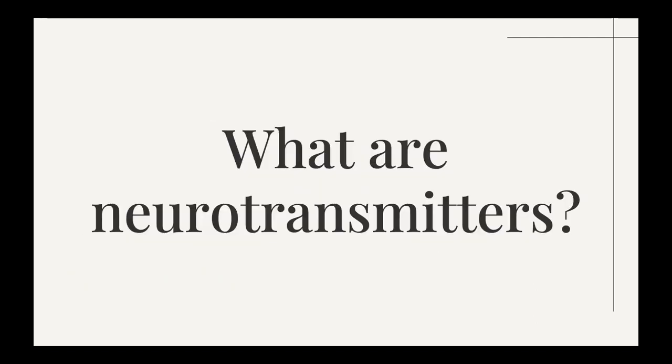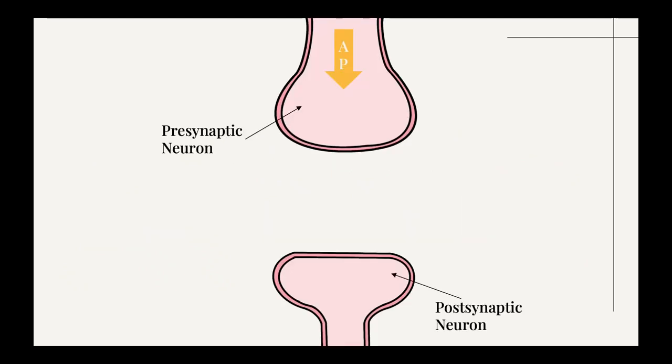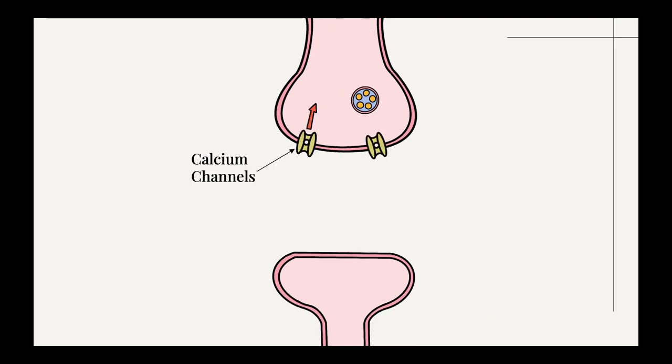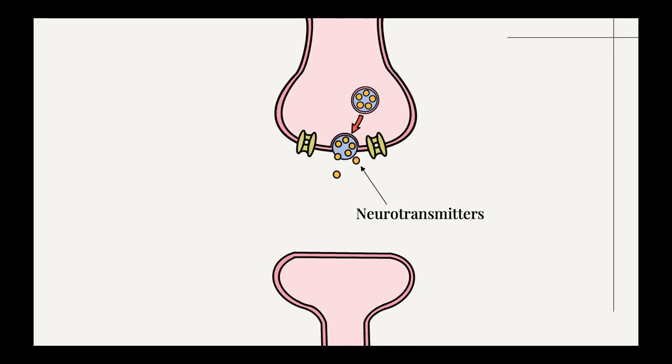So what exactly are neurotransmitters? Well, they are chemical messengers of the brain. Their job is to pass on messages from one neuron to the next. To release the neurotransmitters, an action potential will move down the axon and into the neuron terminal. The action potential will make the terminal more positive because sodium ions are flowing in. The positive change in the terminal allows calcium channels to open and let calcium ions flow in. This signals the vesicles to fuse with the membrane and dump the neurotransmitters out into the space between the presynaptic